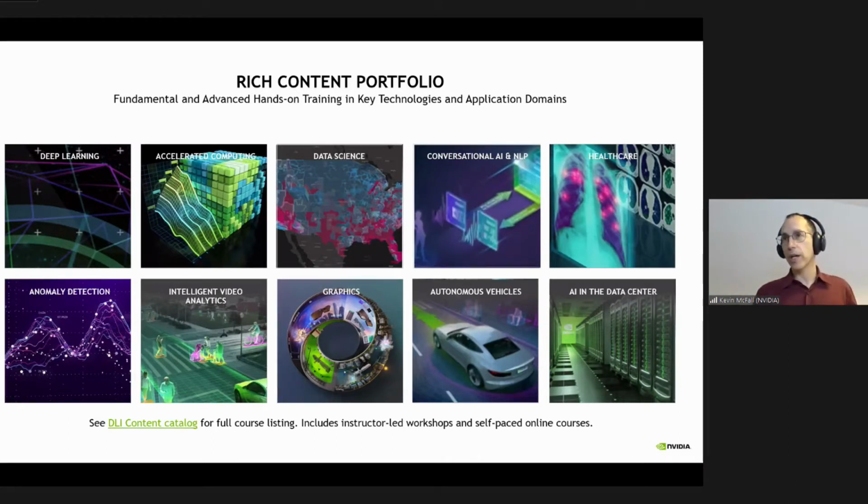Now, one of the questions I get asked a lot is, what is the Deep Learning Institute's business model, in a way? We are not a nonprofit organization. What are we in this for? Actually, our main key performance indicators are how many people we train in advanced technologies.